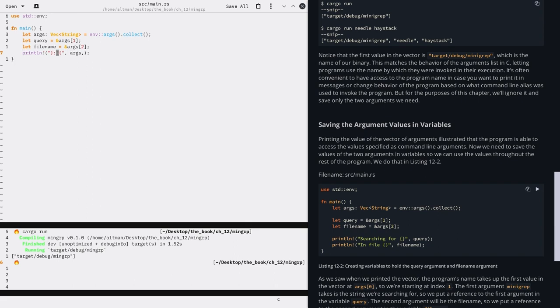As we saw when we printed the vector, the program's name takes up the first value in the vector, args 0, so we're starting at index 1. The first argument minigrep takes is the string we're searching for, so we put a reference to the first argument in the variable query. The second argument will be the file name, so we put a reference to the,